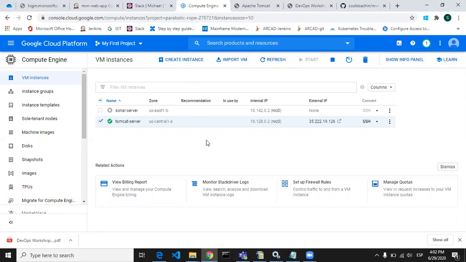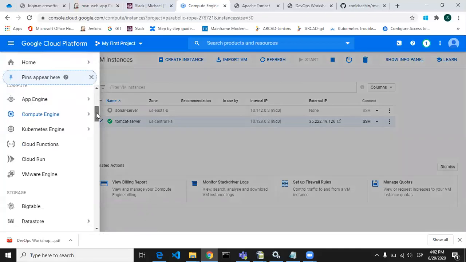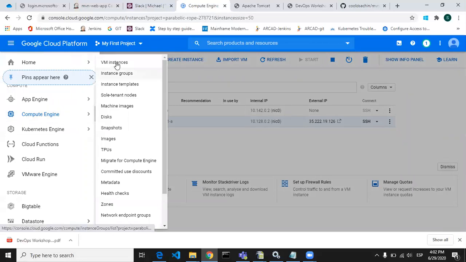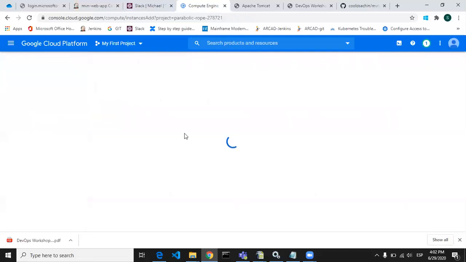So for this, all you need is a Google Cloud account. It's free of cost for 1 year. So guys, please set up your Google Cloud account and just go to the Compute Engine section like this and click on VM instance. So this page will come. You just have to create an instance here.